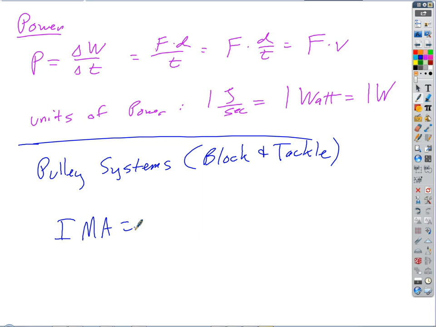It's how many loops or how many chains, how many lines are attached to the load. Does that make sense? So how many can you count? How many separate lines can you count that are attached to the load? That's only counting them for one direction of travel. For example, in this case right here,